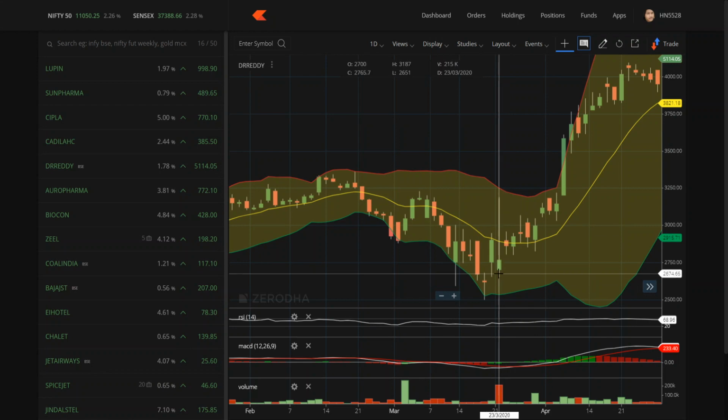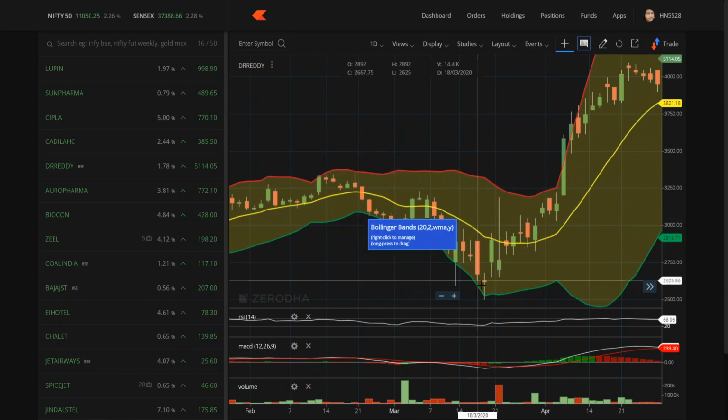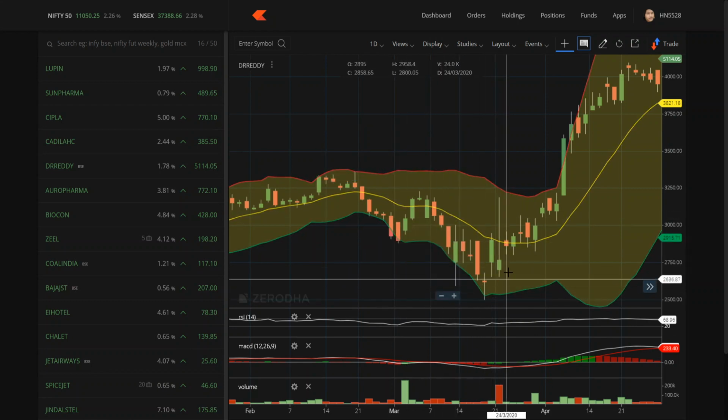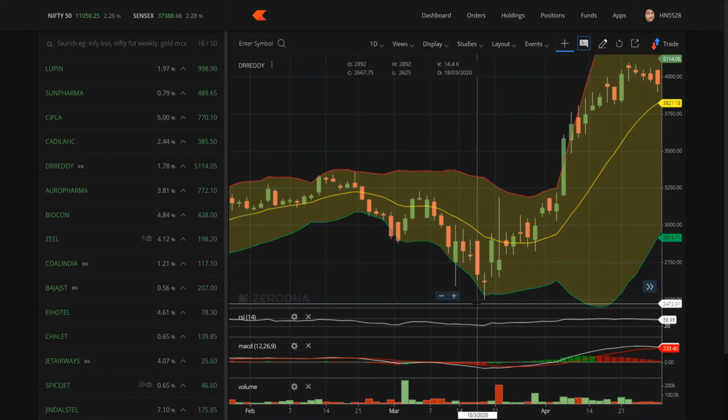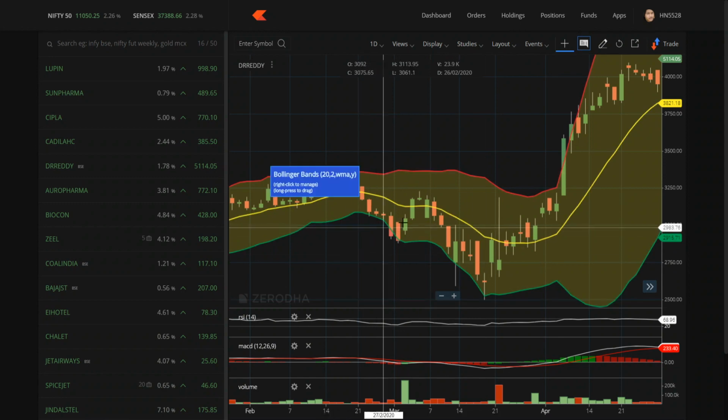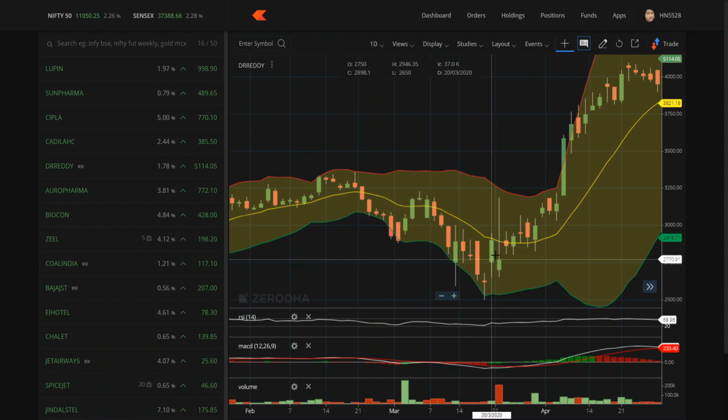Again you can see a downward pattern for an entire week, and on 24th it started rising. This stock was at its lowest on 23rd, not on 24th. Lowest was on 23rd; other stocks' lowest was on 24th. Happens. But again you can see the same pattern, downwards, then slowly started moving up. Again there was some downward pattern and then again